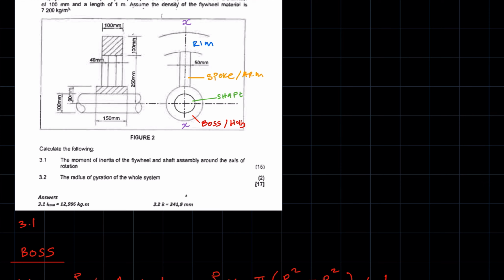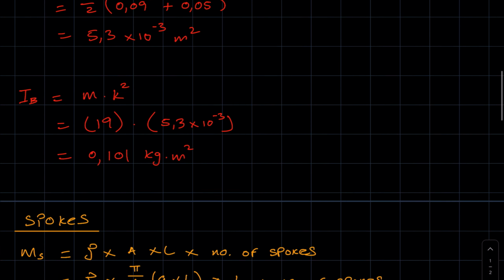If you look at the flywheel from the front view, this here would be the A, and then if you come from the side view, this is what you would get, the 40 millimeters, which is the B. So essentially to get the area here,